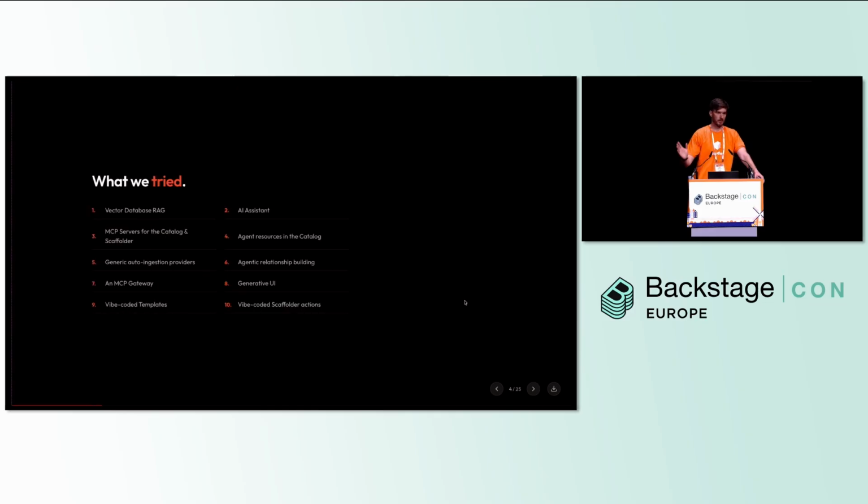So what have we tried over the last 2 years, and what could you potentially be trying yourselves within your implementation of Backstage if you're self-hosting? We built that vector database for RAG. That was open sourced in 2024. We built a full AI assistant because everyone was building AI assistants last year. Spotify have one, we have one, everyone has one. Every piece of software seems to end up with one.